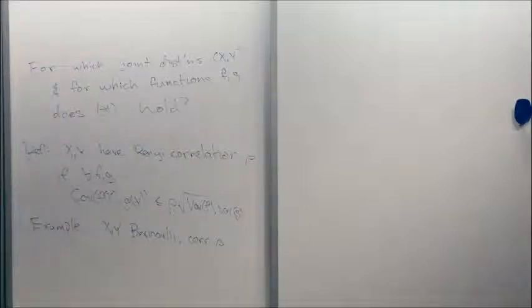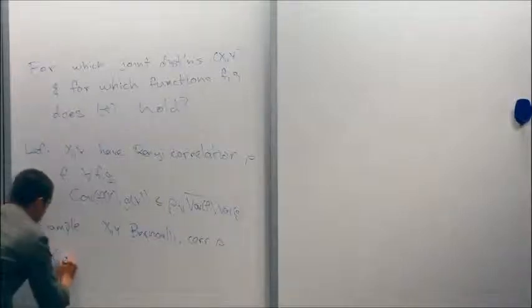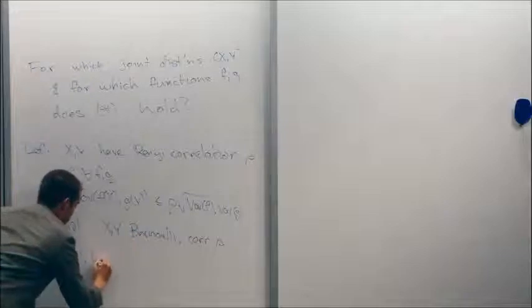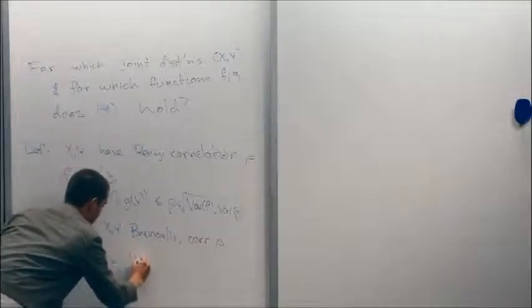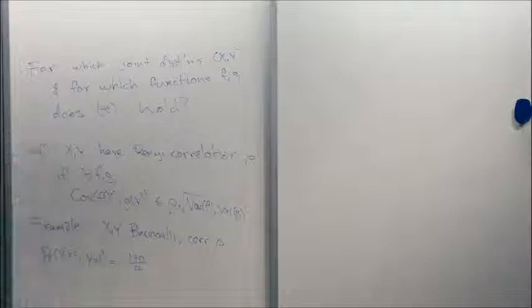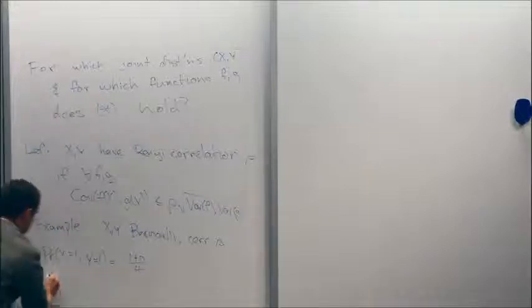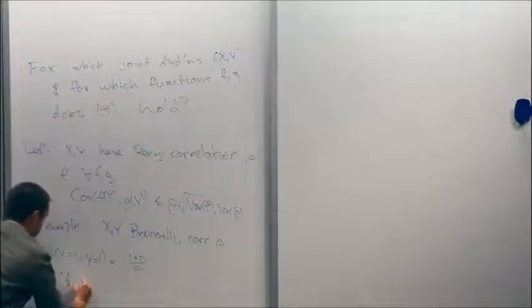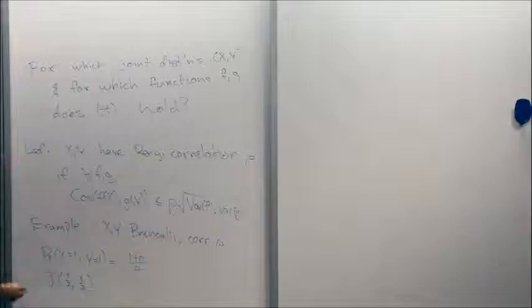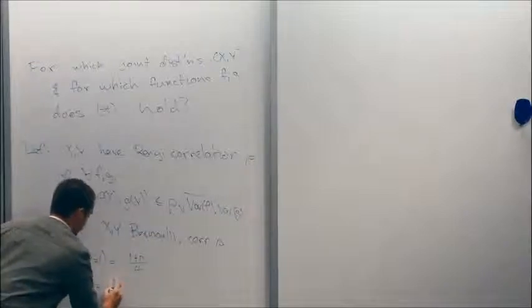Okay, and then for Bernoullis with correlation rho, I can take my event A to be the event that x is 1, and my event B to be the event that y is 1. Then the probability that x equals 1, y equals 1 is (1 plus rho) over 4. On the other hand, if I plug in J of these probabilities, each of these events has probability a half, and this thing turns out to be 1/4